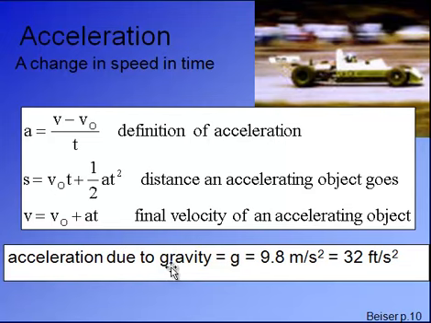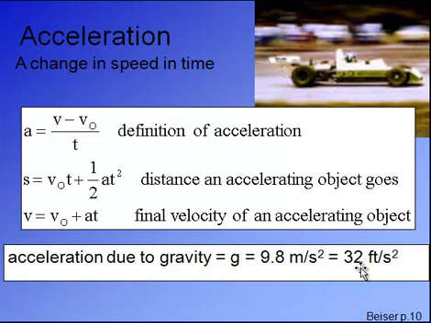There's one other number here that you should know about: acceleration due to gravity. When we drop an object, then gravity works on it. The Earth's mass exerts a force on that, and it pulls. And this acceleration, that speeding up because of the gravity of the Earth pulling it, is equal to 9.8 meters per second squared,